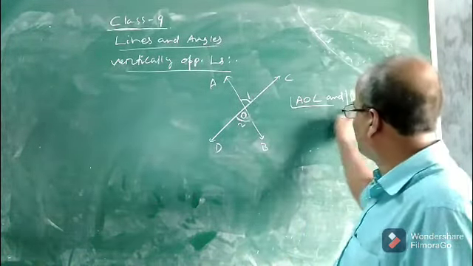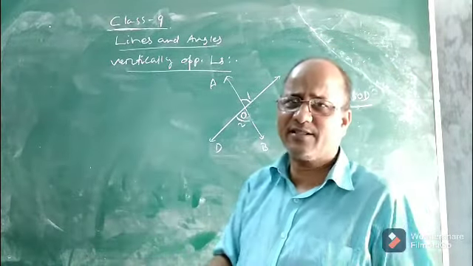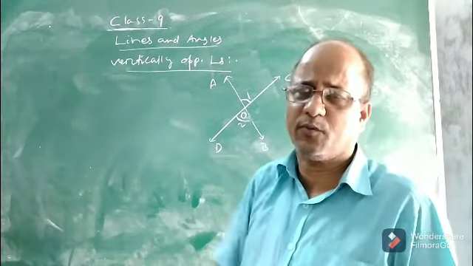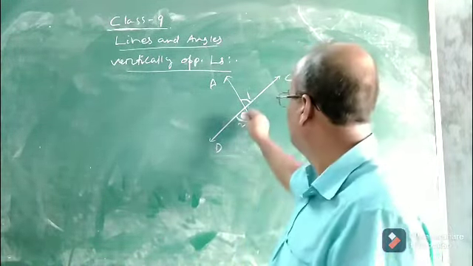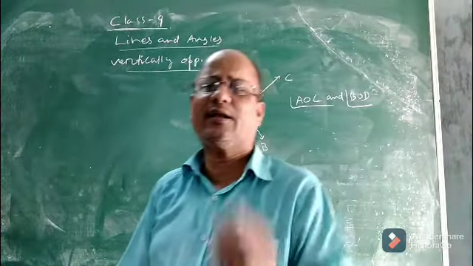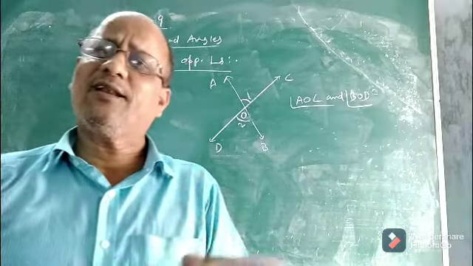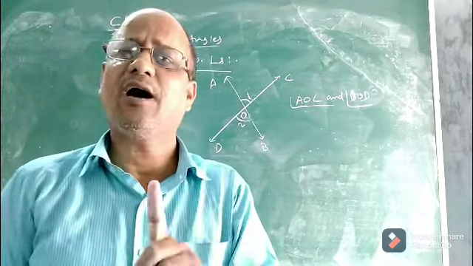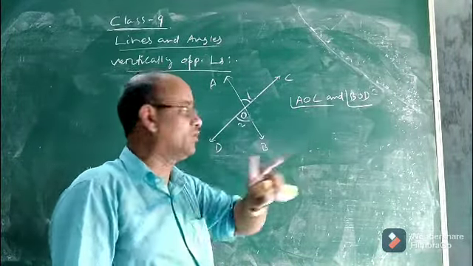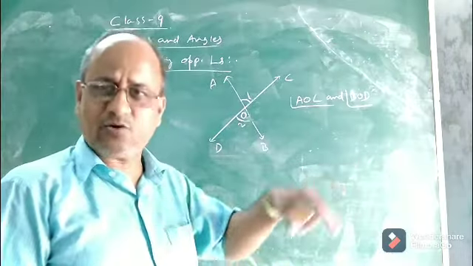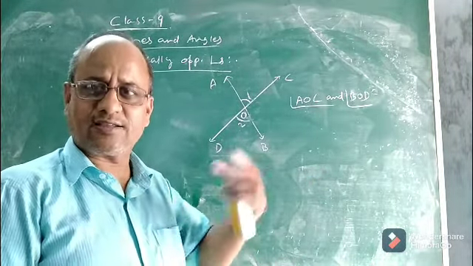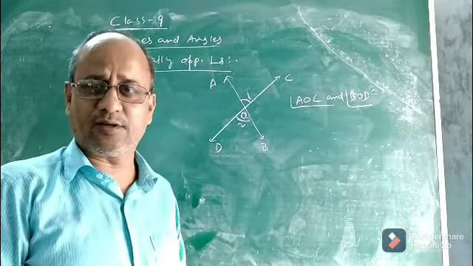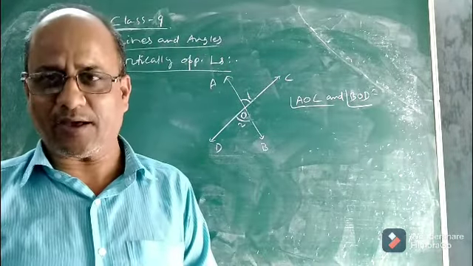So these two angles have a common vertex, they do not have a common arm, and they lie exactly opposite to one another. So we say that these two angles are vertically opposite angles. A pair of angles is said to be vertically opposite if they have a common vertex but no common arm, and lie in opposite directions. Do you know the relation between a pair of vertically opposite angles?